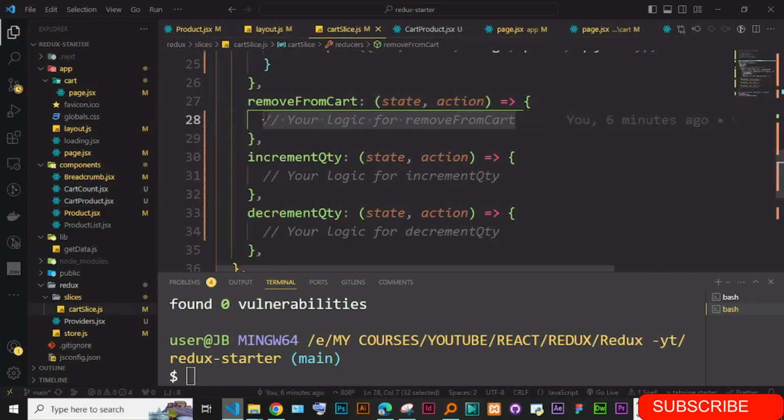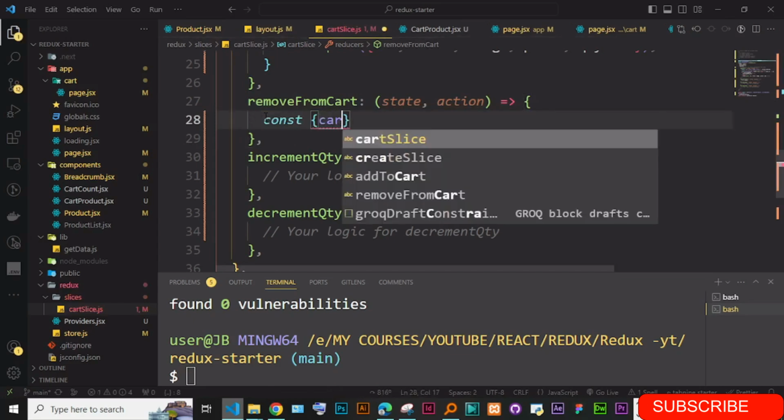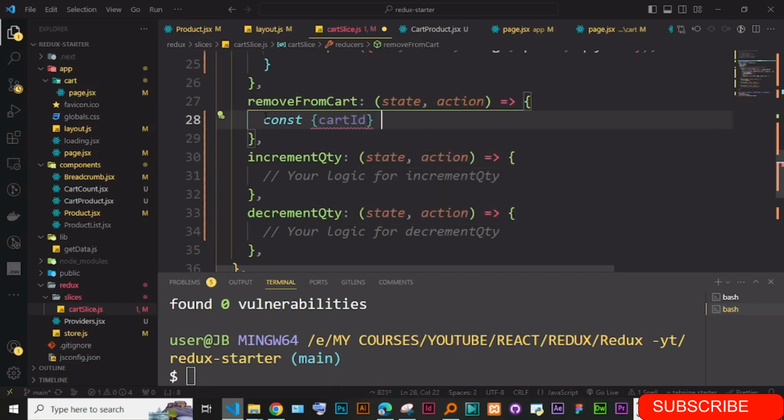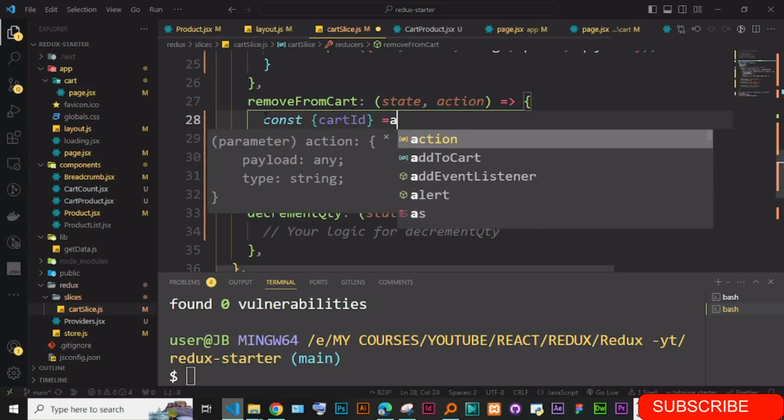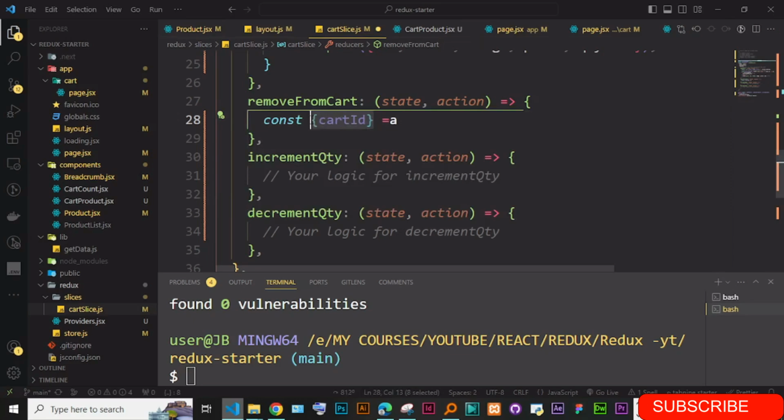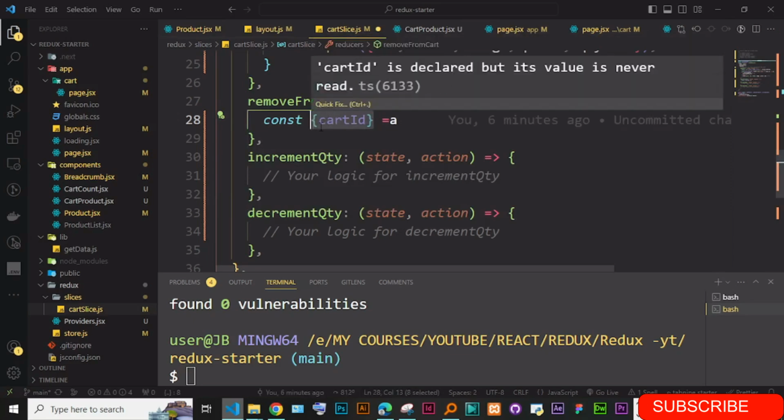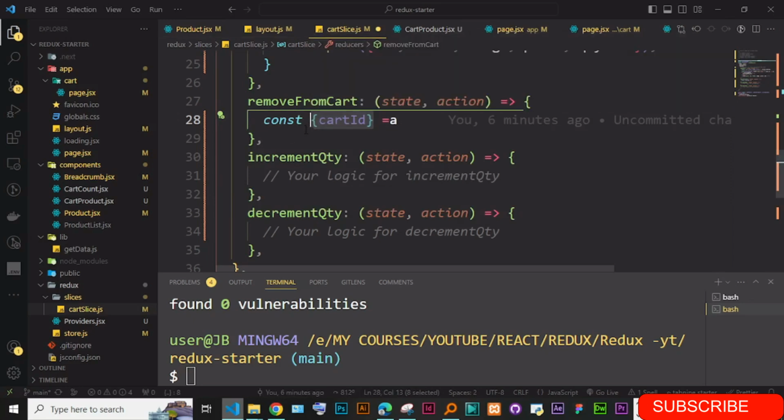what do we want to do? So first thing is getting this. So const first get the cart ID. We could just first get the cart ID from the action.payload, because whatever we pass there is what comes here. And by the way, this is not an object, because what we are sending is directly the cart ID. If we passed an object, we would destructure it, but this is going to be const cartID is equal to